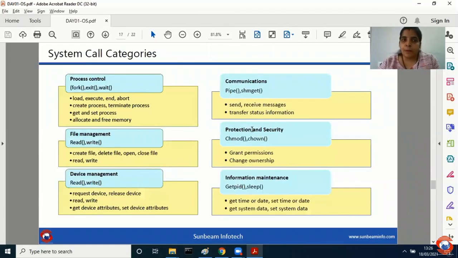Right? Now, there are categories of system call. The first is process control. The second is file management. The third is device management. The fourth is communication. Next is protection and security. Last one is information maintenance. There are different categories. It is specific to your applications.